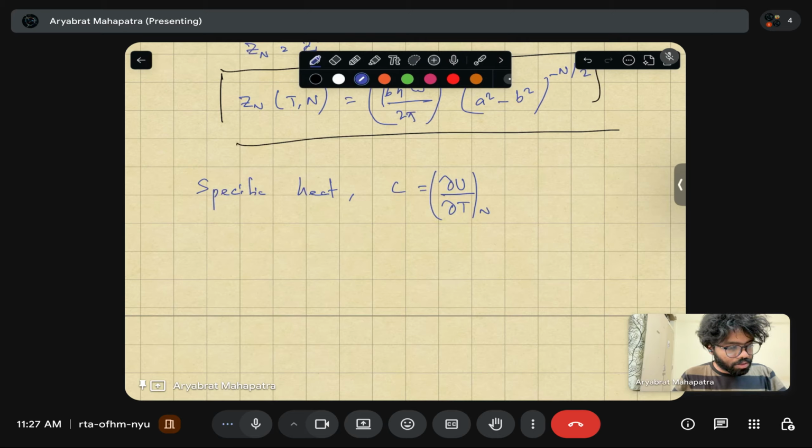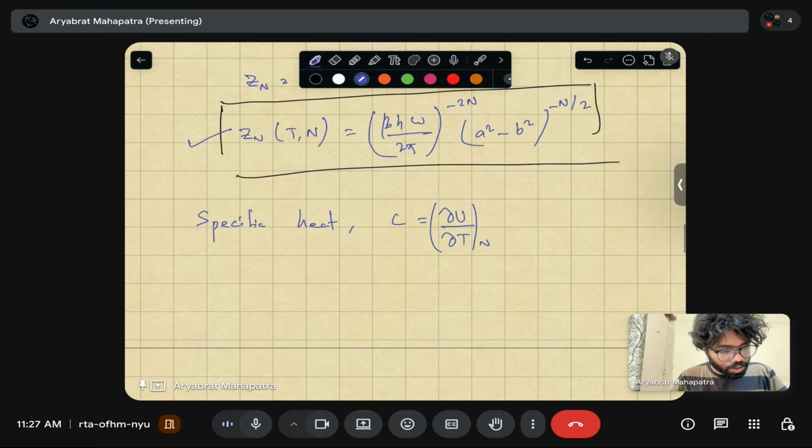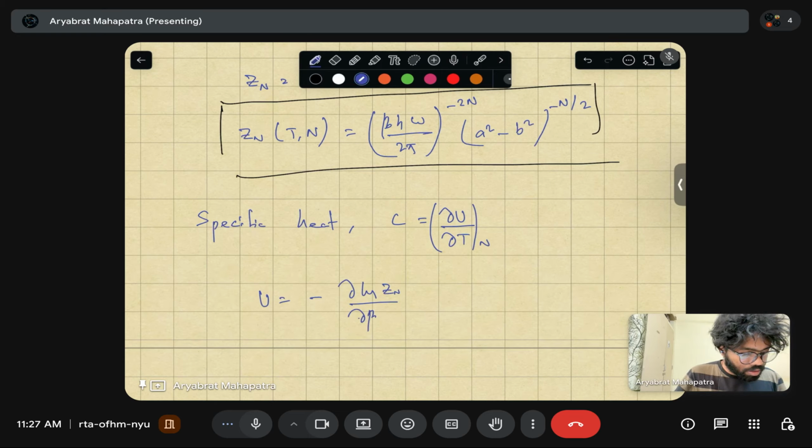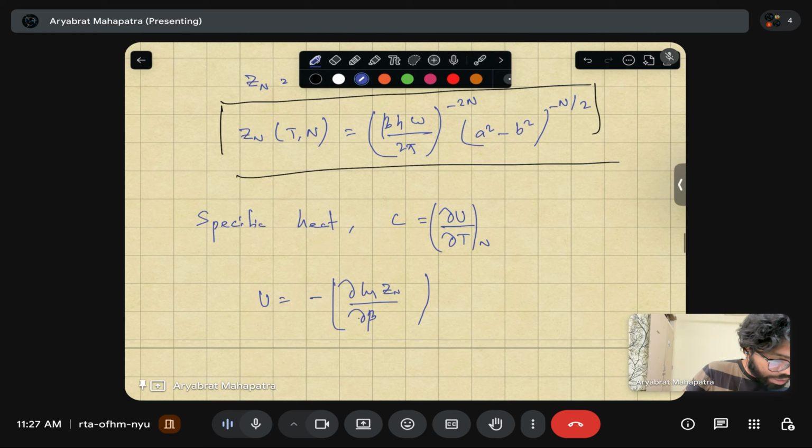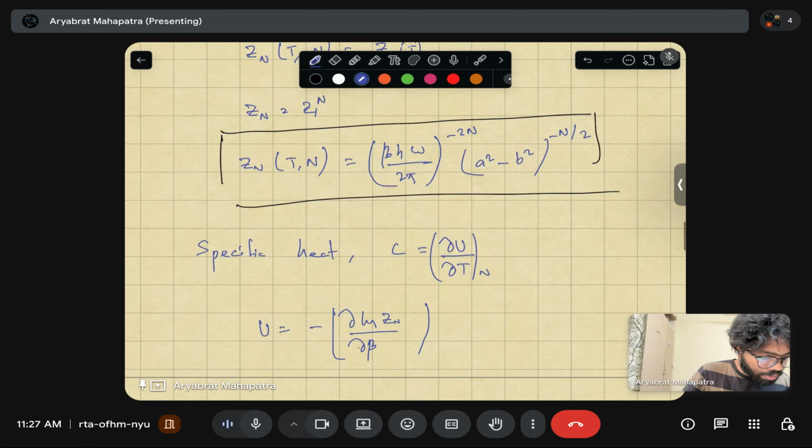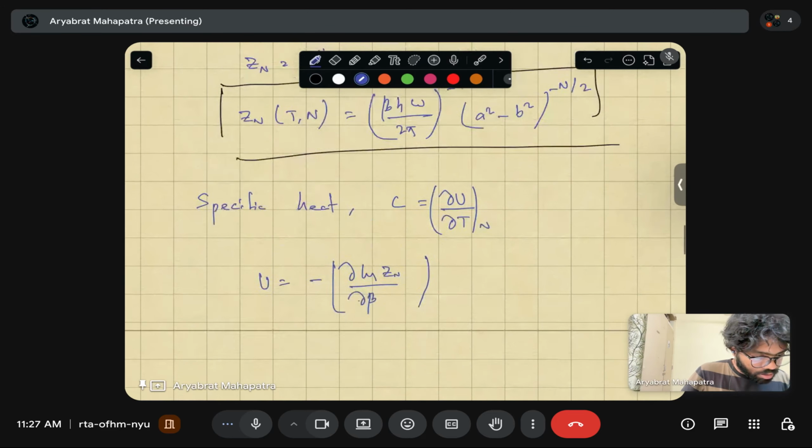So the internal energy can now be computed because now we have the total partition function. Internal energy is basically given as negative of del ln Gn over del beta. Beta is your inverse temperature. So if you do that del ln G over del beta,